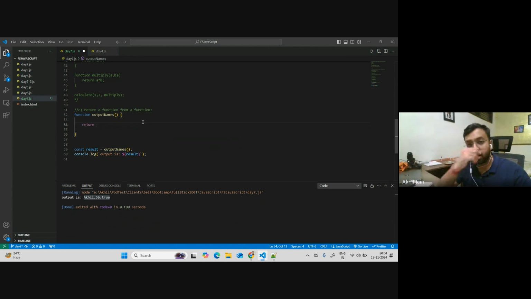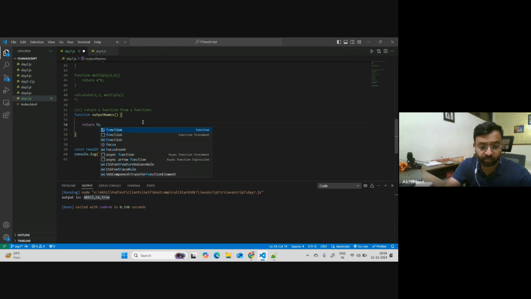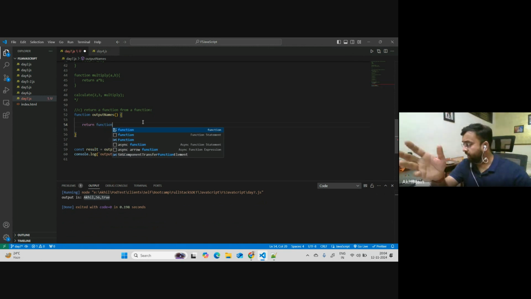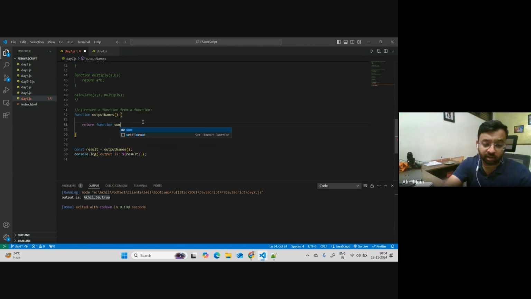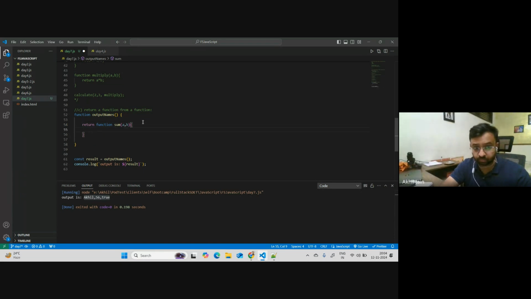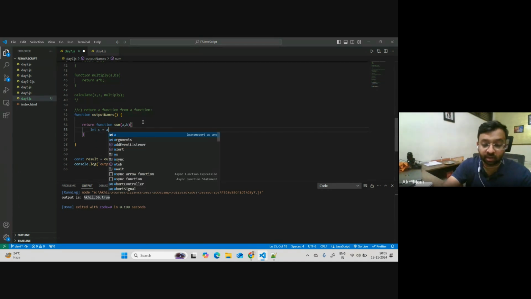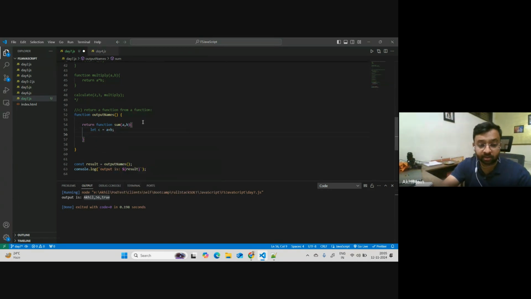Now coming to the main part: you can return a function. So what I will do is I'll say function. Again, all three kinds of functions can be written. Let's show one of them. Let's say sum, I'll say a comma b. And I will write here, let c equal a plus b,